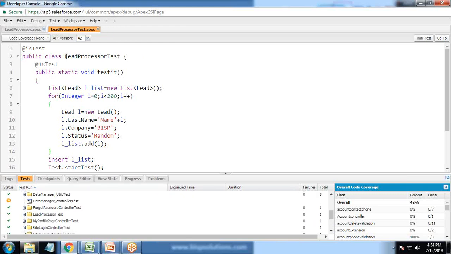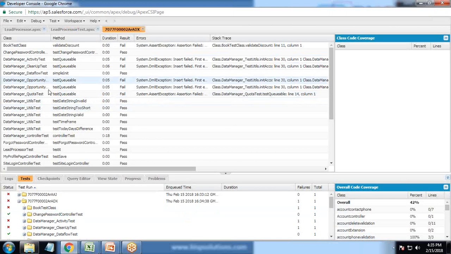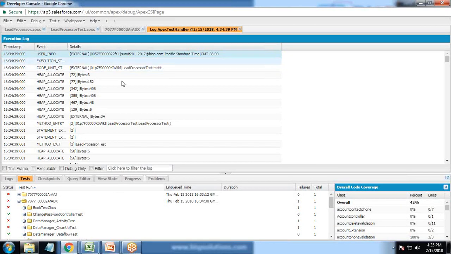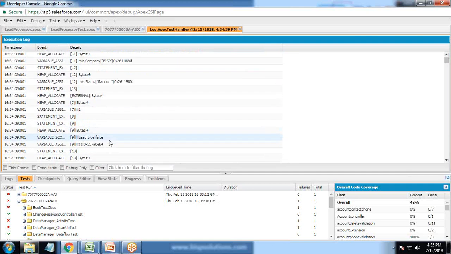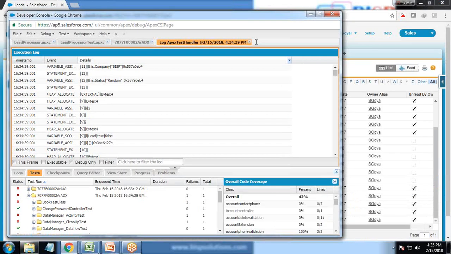I just renamed it. It was throwing some error message and was not showing due to some numbers. So I just renamed it and called it LeadProcessorTest. And you can see this LeadProcessorTest is successfully done. It is completed successfully. When we double click on it, we can see its details. It was running the LeadProcessorTest function, and it ran successfully. So this is how we can test the